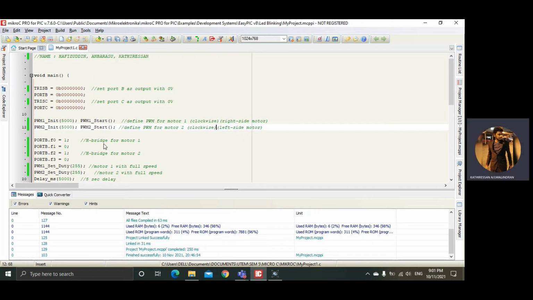Using the H-bridge concept, we define PORTB.F0 equal to 1 and PORTB.F1 equal to 0 for motor 1, which will rotate clockwise. And then for motor 2 we define PORTB.F2 equal to 1 and PORTB.F3 equal to 0.